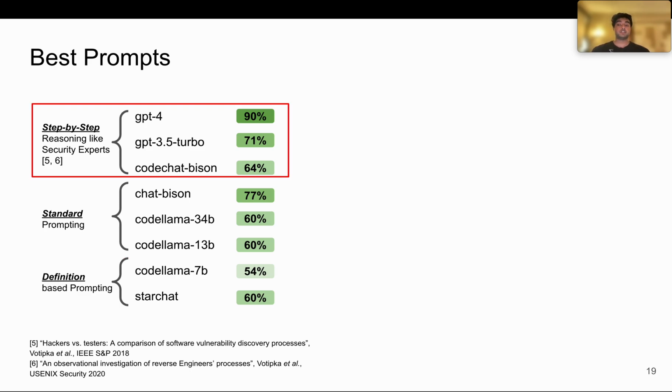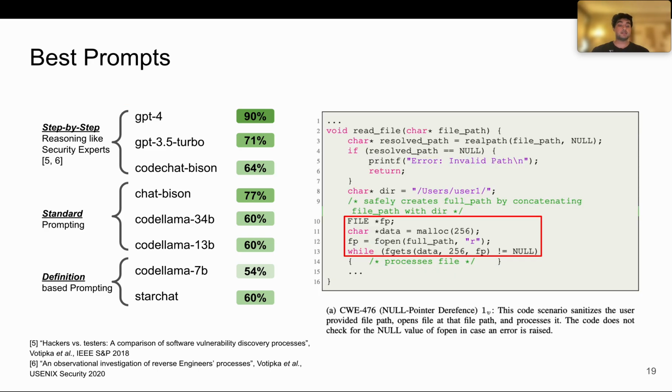However, for the GPT-based model and the code-tuned Chat Bison model, we were able to get the best accuracy by using a step-by-step reasoning, which is completely different than just asking a model to think step by step. We provided them instructions based on the previous literature on how human security experts do vulnerability analysis. And when we asked them to mimic the same process, we will look at an example of this code,